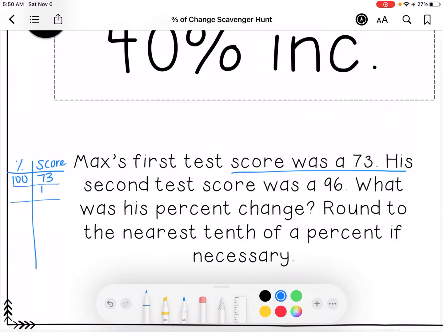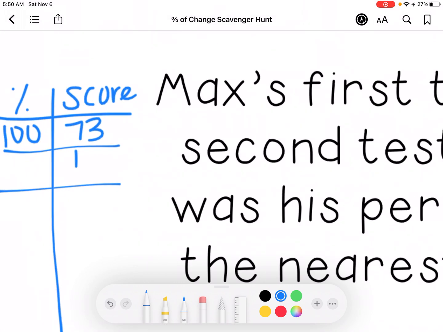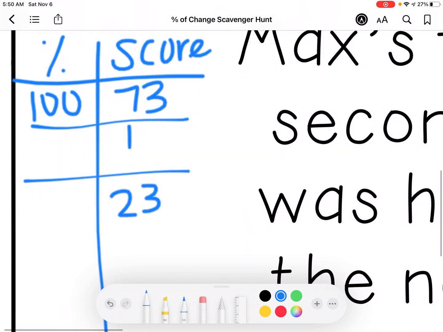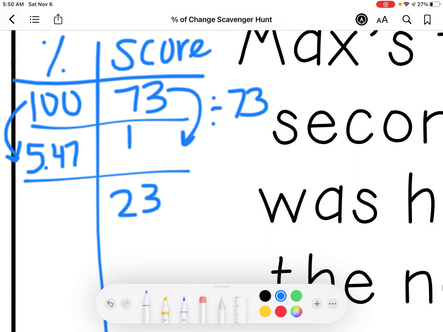It says that now it's a 96. So I have to find the difference between that. So 96 minus 73, that's 23 points. So I'm going to divide by 73. So 100 divided by 73 in my calculator. And I get 5.47, crazy number, times 23, and I get